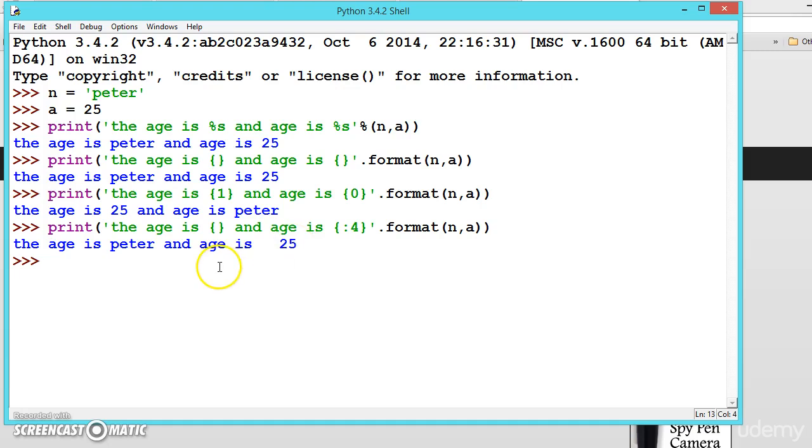Or let us write an example: for i in range 1 comma 11, we will be printing the i value, the square of the i value, and the cube of the i value. So let us see what the result is.